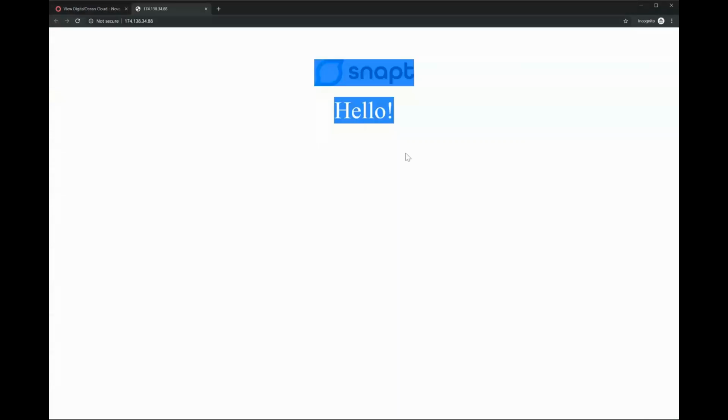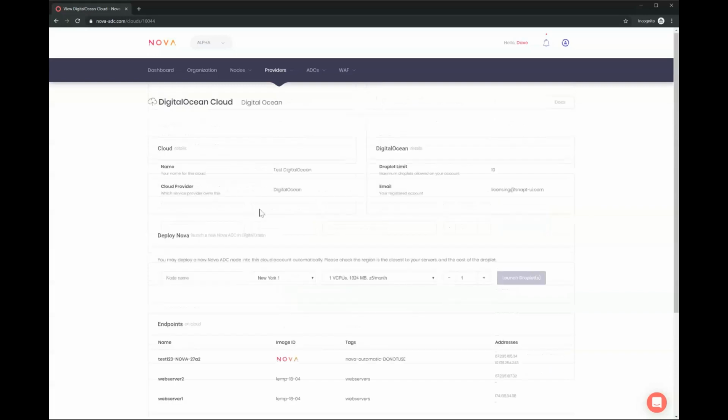You can see here. And we can see all of our servers in our DigitalOcean account here. You can see the email address for it, etc. And we can launch servers as well. So for example, I might want to say, okay, I need to create a load balancer in DigitalOcean. This is my account. I've got my two web servers and I need to load balance them. So I might say basic LB.